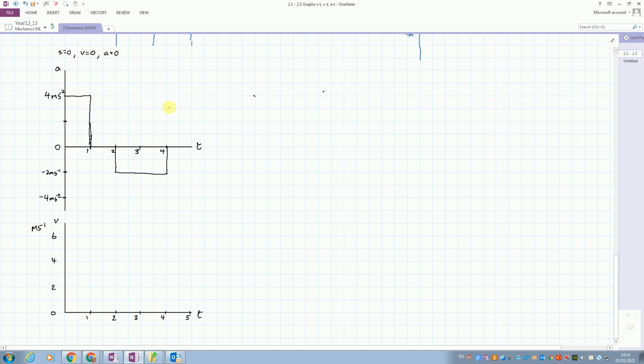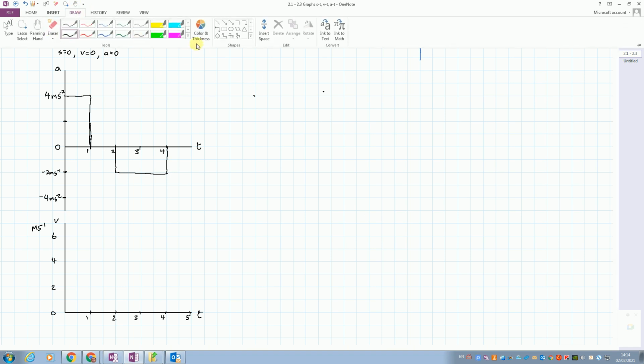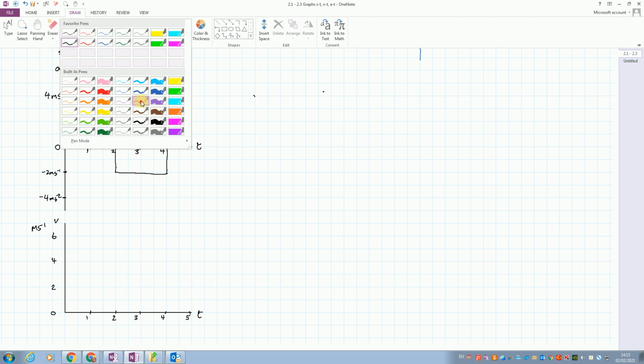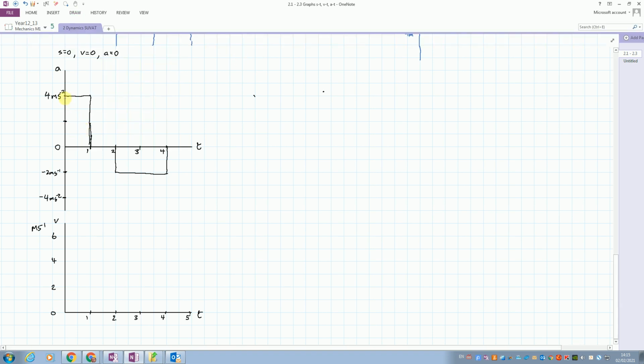Right, coming back. So I'm going to try drawing it using, let's go into my purple. The first thing to realise is this first block, we've got a constant acceleration, which means the velocity is going to move in a straight line, and we said we're starting with a velocity of 0. At the end of 1 second, the area of this tells you what speed we're doing. So the speed at the end of this is 4 meters per second because of the area inside. So at the end of here, we get 4 meters per second. We do a straight line growing